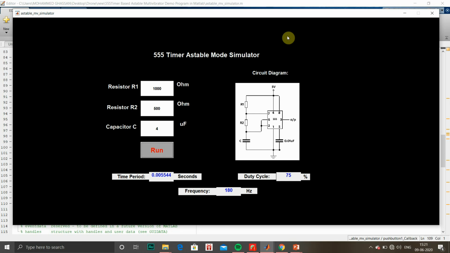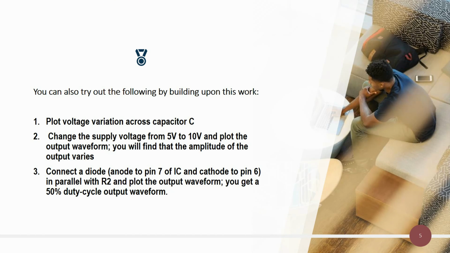Now let me tell you what modifications or developments can be made with this piece of code. I have plotted only one figure, that is the output at pin number 3.